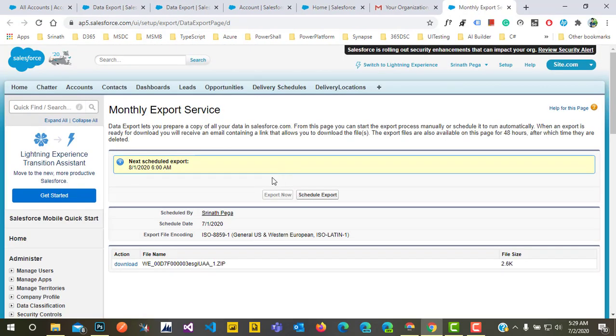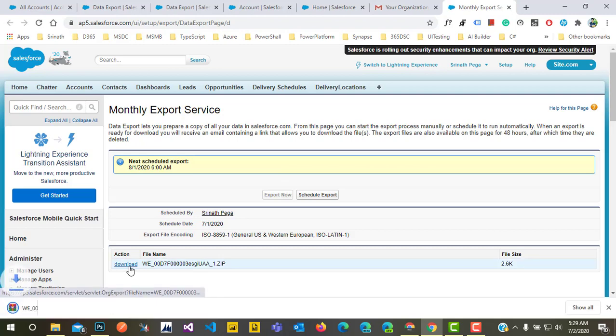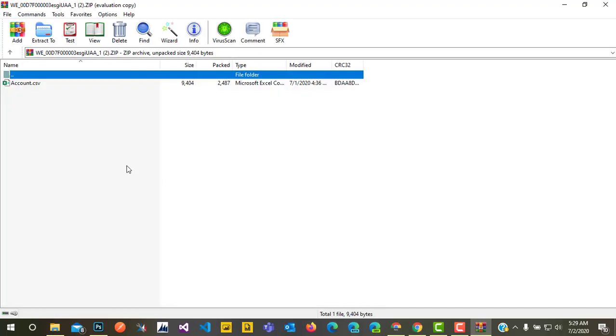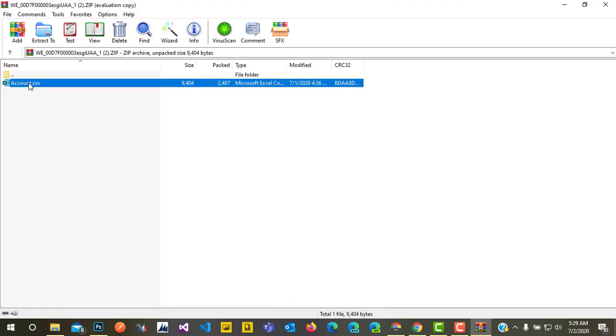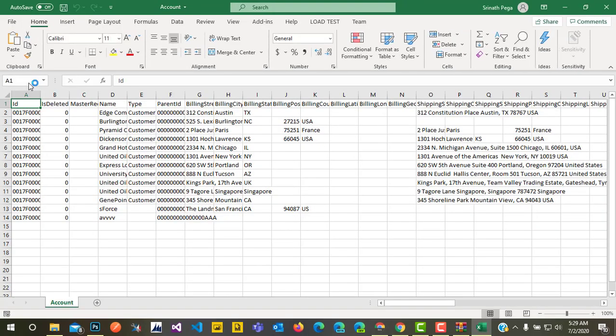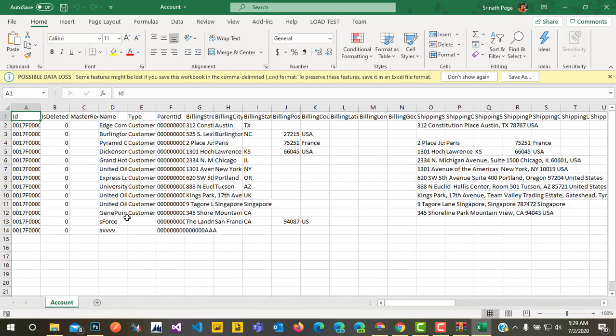Here we can see this file. If you click on this download, it will download the export. Let's open this one, object name.csv. It will open as a CSV. So these are the records in Salesforce.